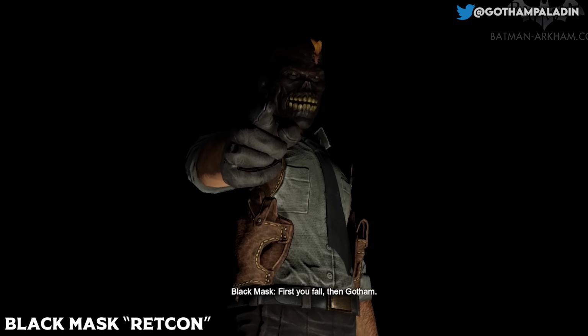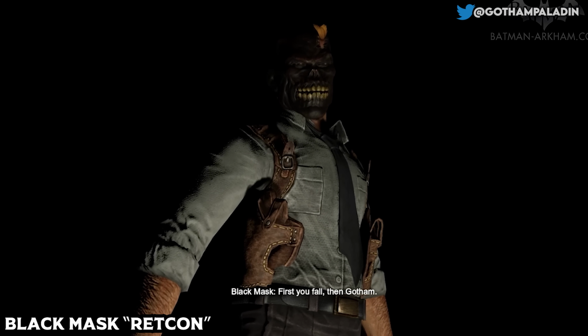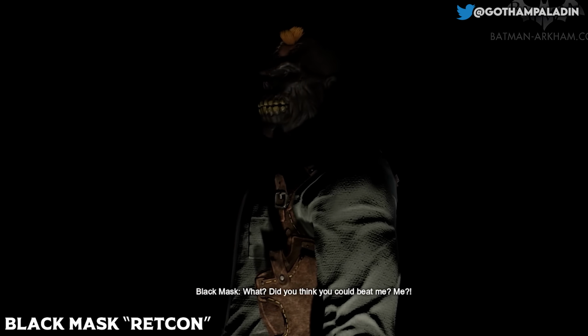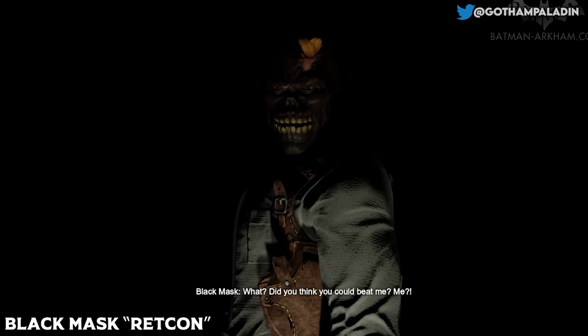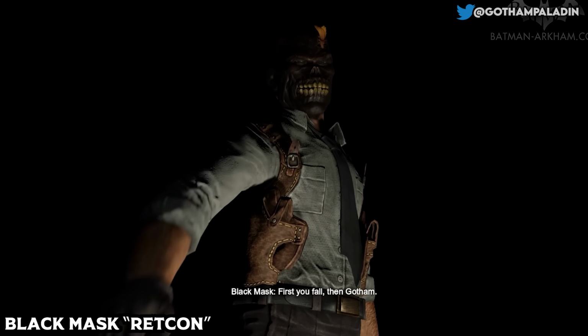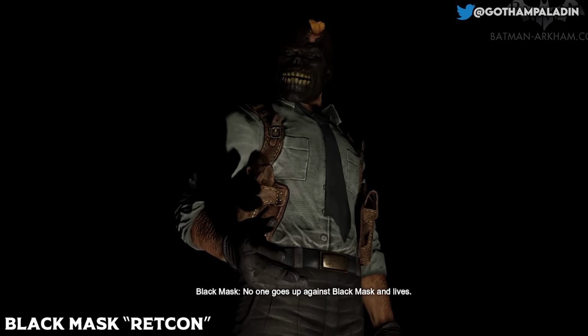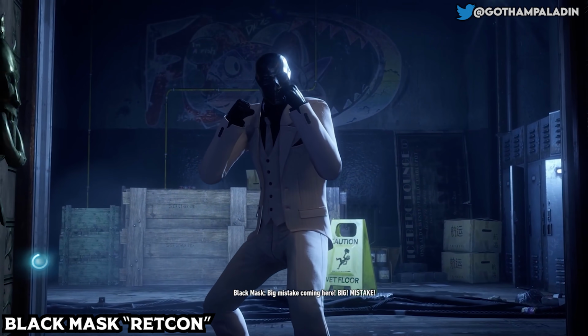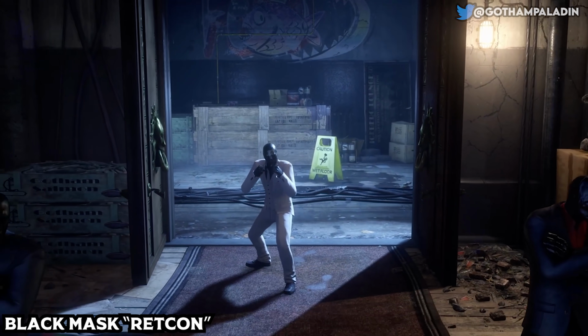Moving on past that though, in Batman Arkham City, in the game, you can see that Black Mask's mask is grafted onto his face. You can see like it's stuck to his face. You can see his hair and see the mask kind of partially off, but it's stuck to his face, so that's cool. However, in Batman Arkham Knight, you can see that his mask is not like that. He can take his mask off.